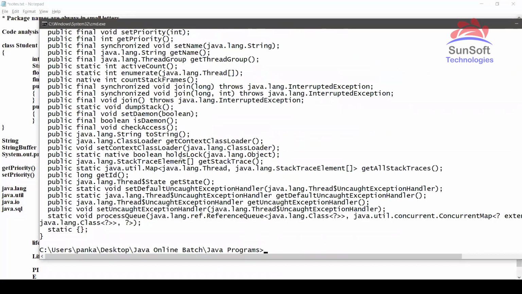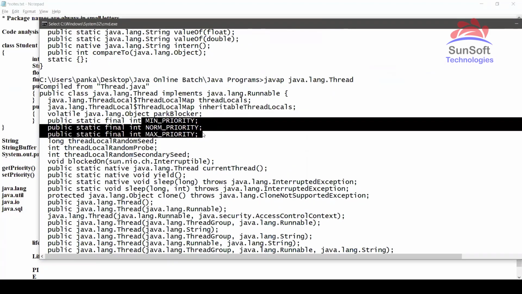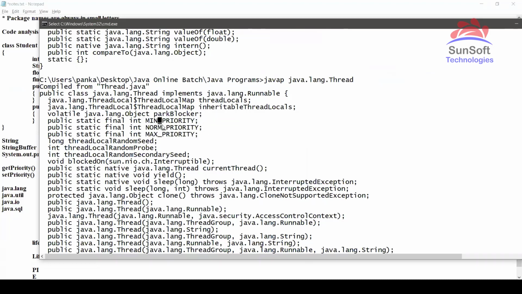See, the Thread class has so many methods, and in this, these are final, which means constants. Have a look, they follow the naming convention of all letters in capital, separated by an underscore if more than one word. But if it is a class name, like Thread, it starts with a capital T. There is an interface with the name Runnable. Interfaces also start with a capital letter, but package names are in small letters.